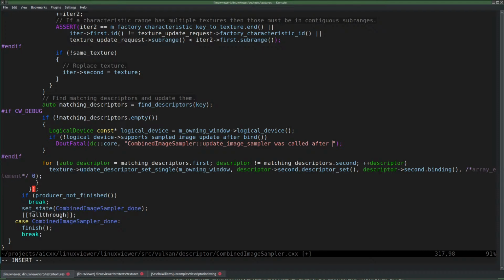And the other one is the one that causes this to not be empty. Which is